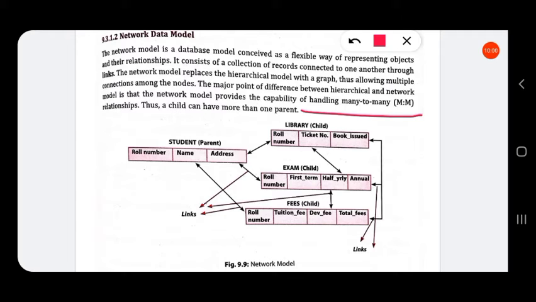Here it is many to many. In hierarchy, a single parent can have many children, but a child cannot have many parents. So there is a one to many relationship. But here it is many to many. That is, many parents can have many children.